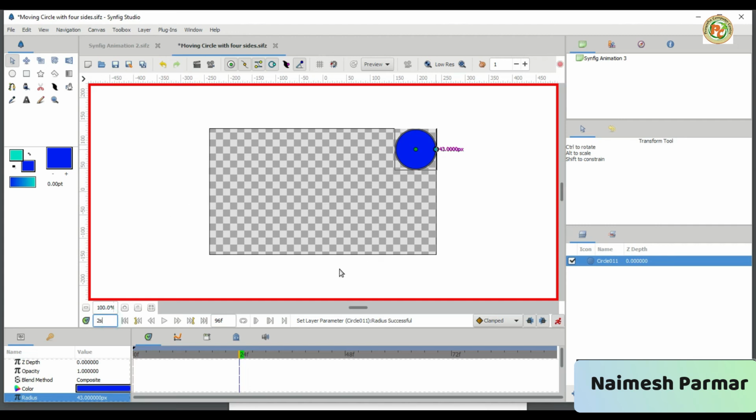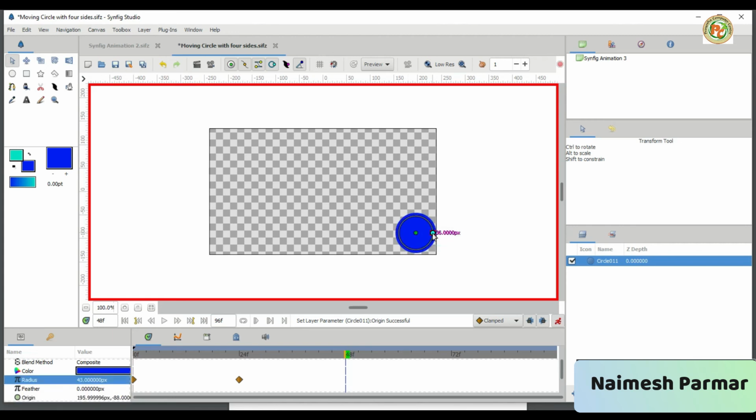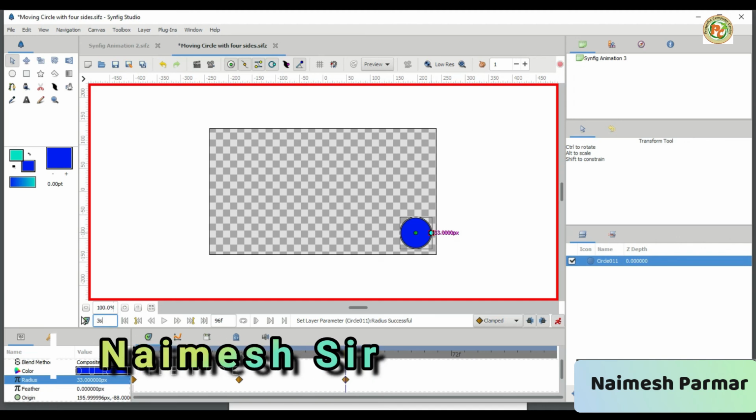So 2s here, right? Now it will be 2s, and after it reaches the second it will move to the bottom side. So it will be here, at the bottom side, and it should decrease in size like this. Then after it will be moved to the third second, so click here 3 and press s and enter, it will be up to 72.